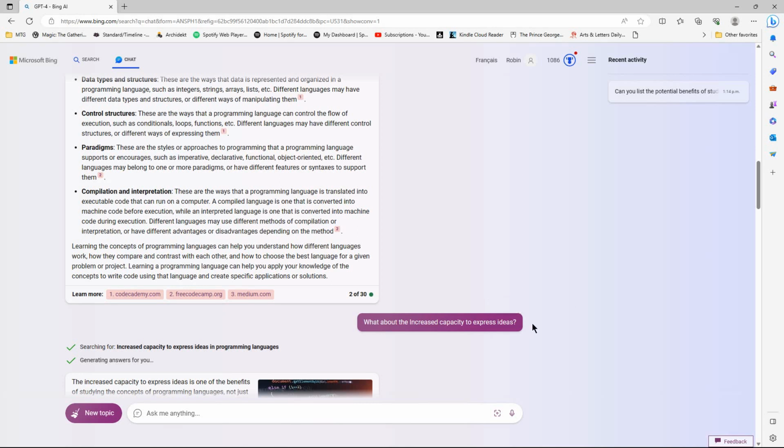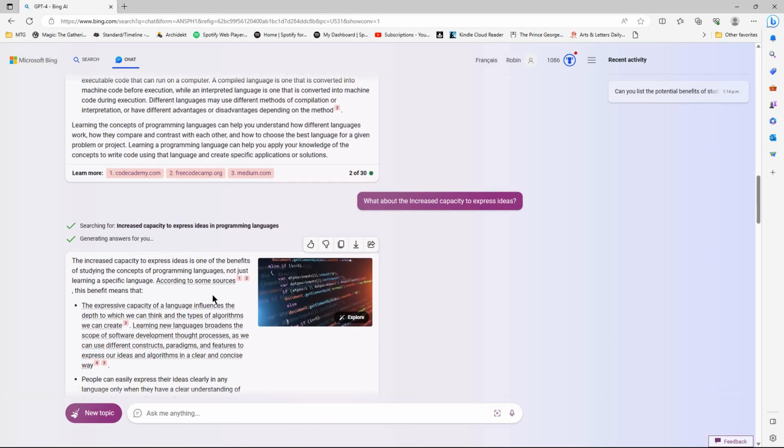So these questions I'm asking are the sort of things that if you read any textbook on reasons for studying the potential benefits of concepts of programming languages across the spectrum of languages, what sort of things does it say are the benefits? So one is increased capacity to express ideas. In some ways this goes back to this idea of the limits of my language are the limits of my world, which I believe is probably not a very accurate quote from Wittgenstein. And you can sort of apply that to learning programming languages.